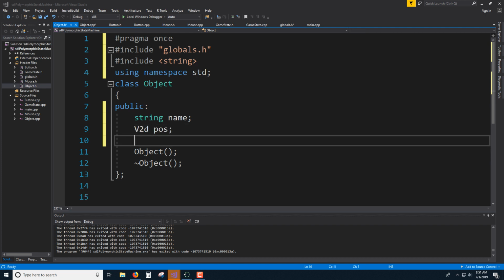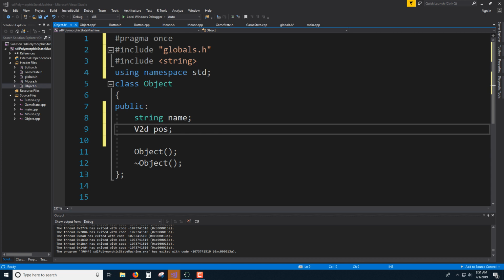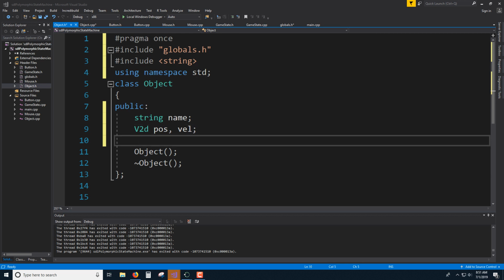I'm going to have a position vector and a velocity vector. Those are just basic physics vectors there. We're going to have angles, although I think the only one that needs an angle is the snake. So we'll just reserve that for the snake. We're going to need,